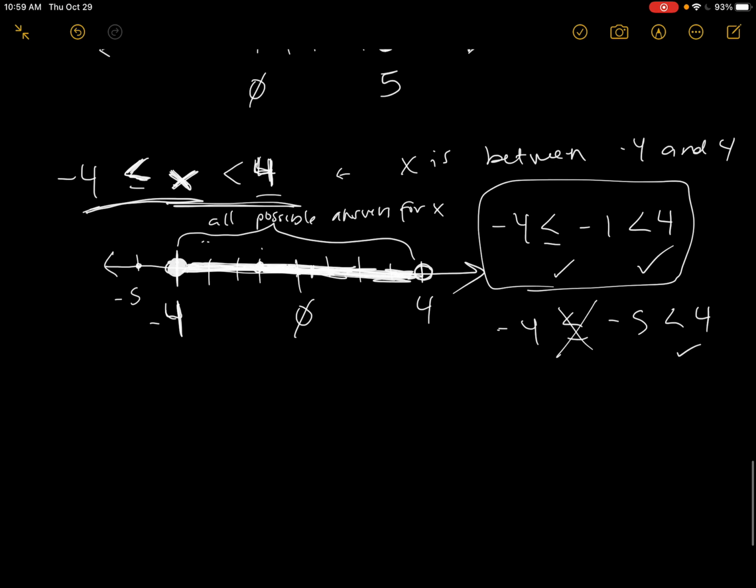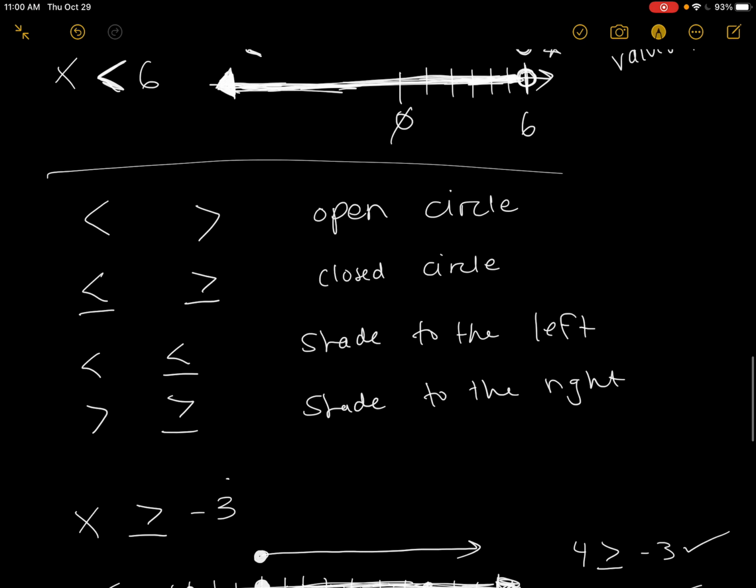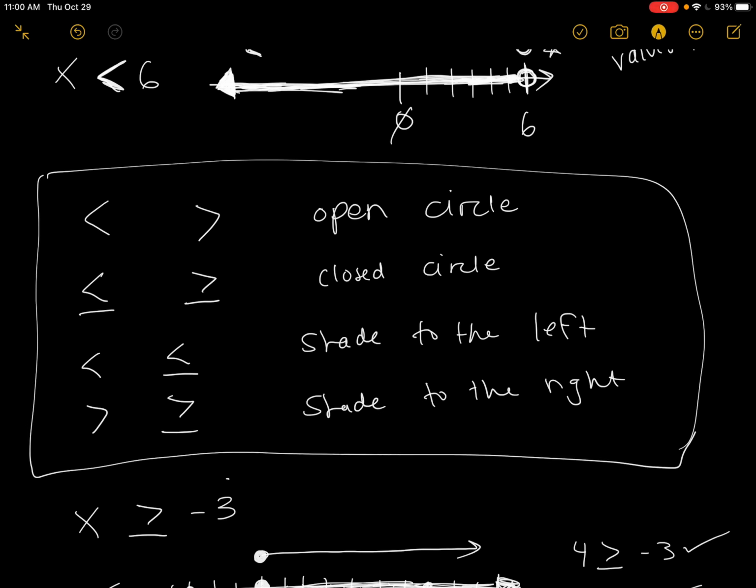All right, so that's just the basics of graphing number lines. Just as long as you remember these, hopefully that's helpful. So now we will move on to solving